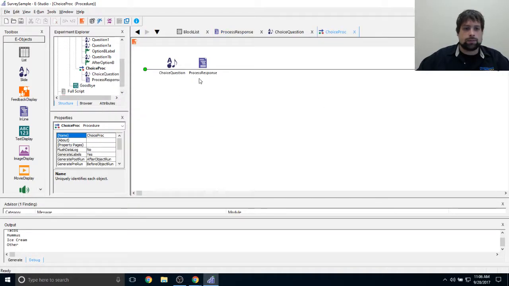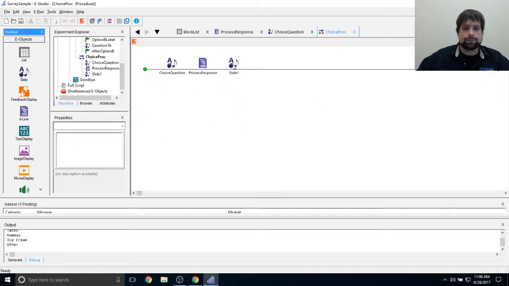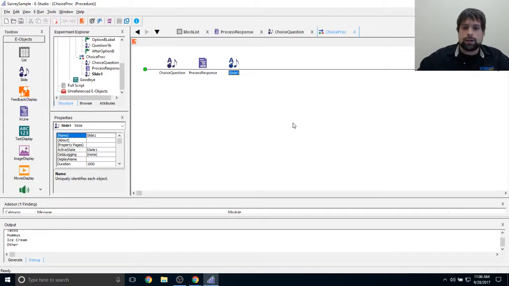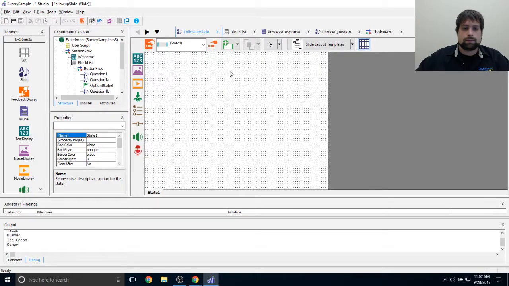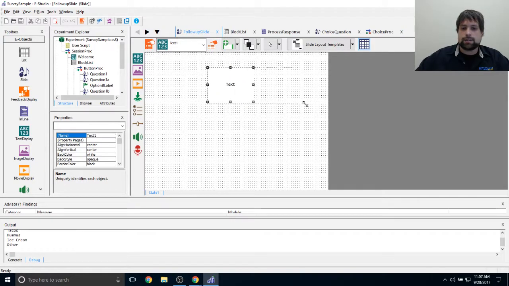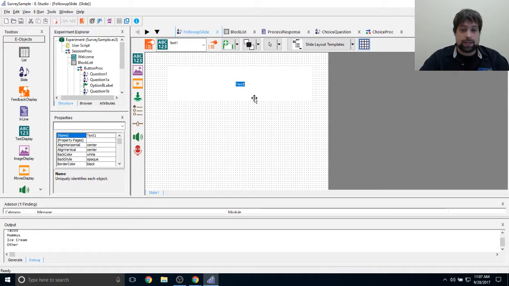So I'm going to go into my choice prop one more time, and I'm going to take a slide here. And I am going to rename this slide, and this is just going to be called follow slide. Again, name kind of follows the function. So what I'm going to do is add a slide text sub-object here. And the slide text sub-object is literally just going to be for people that didn't select other. So this is just going to be for people that, say, clicked pizza, for example. I'll just say you selected,